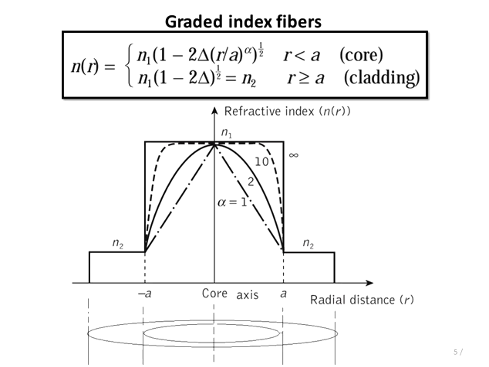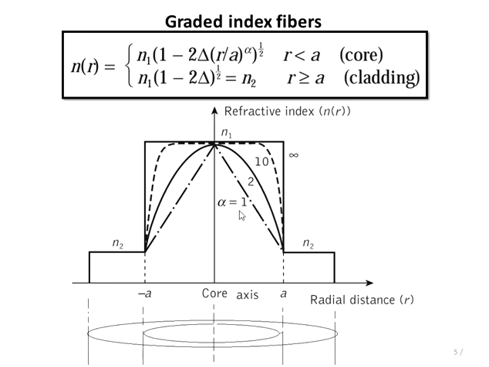So now you can observe inside the core, the refractive index is gradually changed, but inside the cladding, the refractive index is constant, that is n2. So the graded index indicates gradual change in the refractive index of the core, not the cladding. For different values of alpha, you can see different graphs are shown.